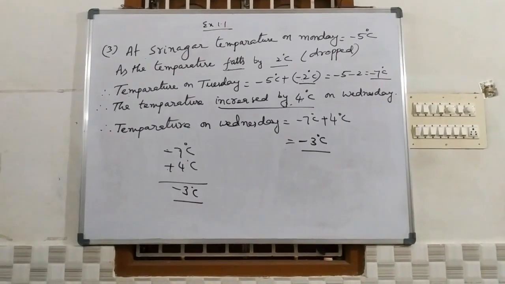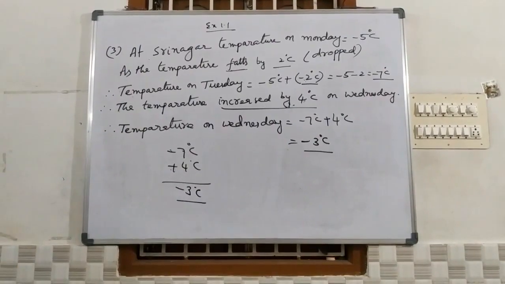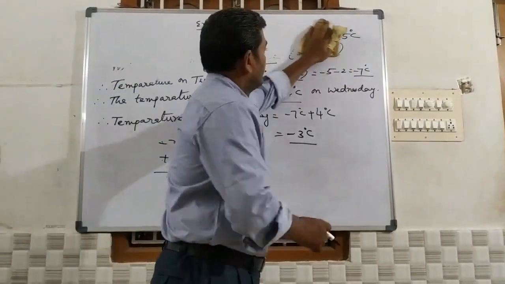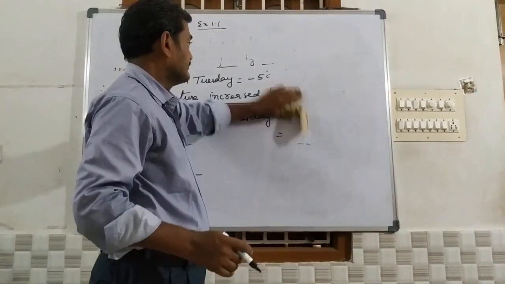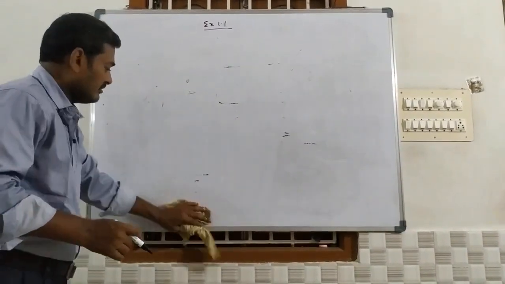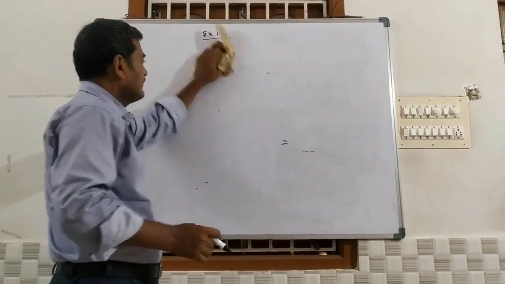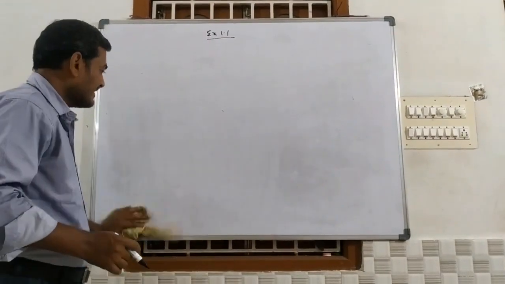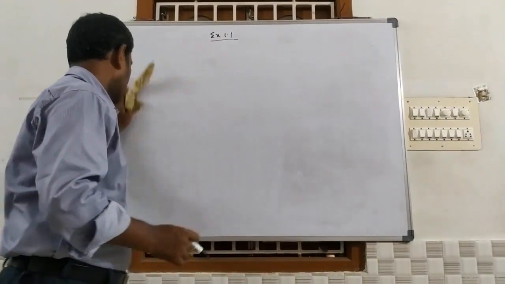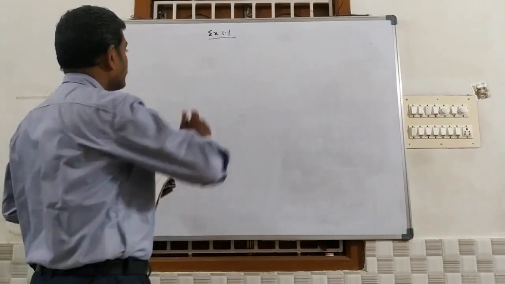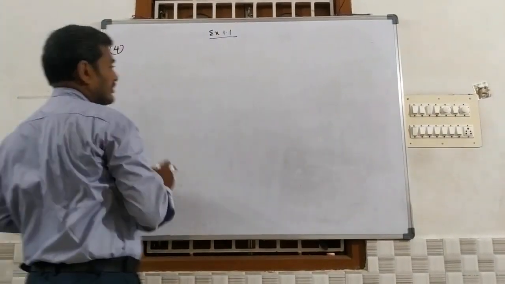Now, if you go for the fourth question, what is the fourth question given here? Fourth question, aeroplane and submarine. An aeroplane flies above the sea level, and submarine, where will submarines go? It is a kind of ship which travels inside the water. Here one small diagram is also given.